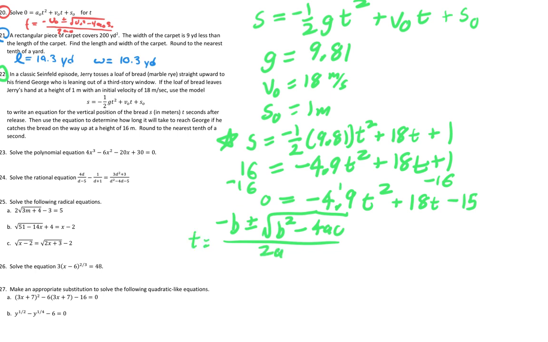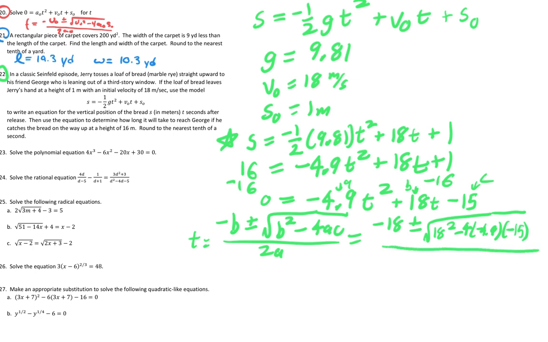With this being our a value, this is our b value, this is our c value, right? Just plug it in. So negative 18 plus or minus the square root of 18 squared minus 4 times negative 4.9 times negative 15, all over 2a. So 2 times negative 4.9. Okay, now plugging this into our calculator, we're going to get